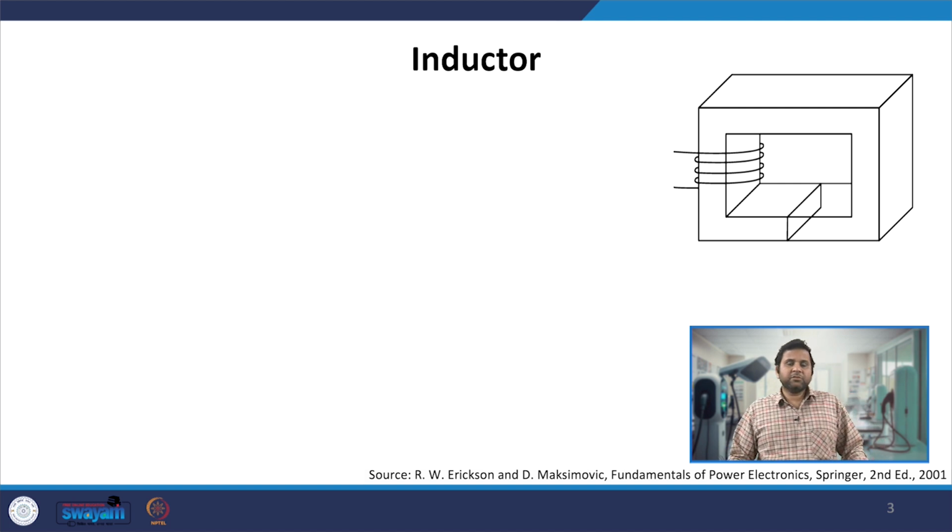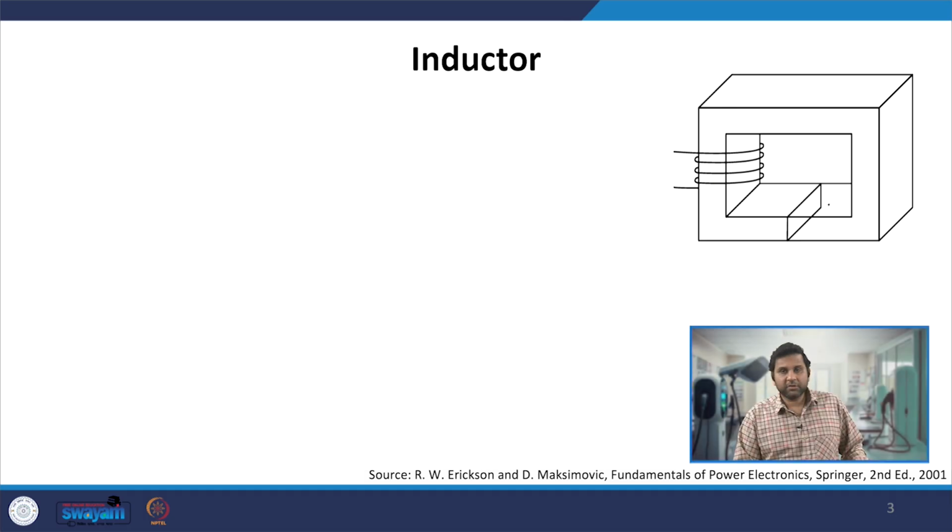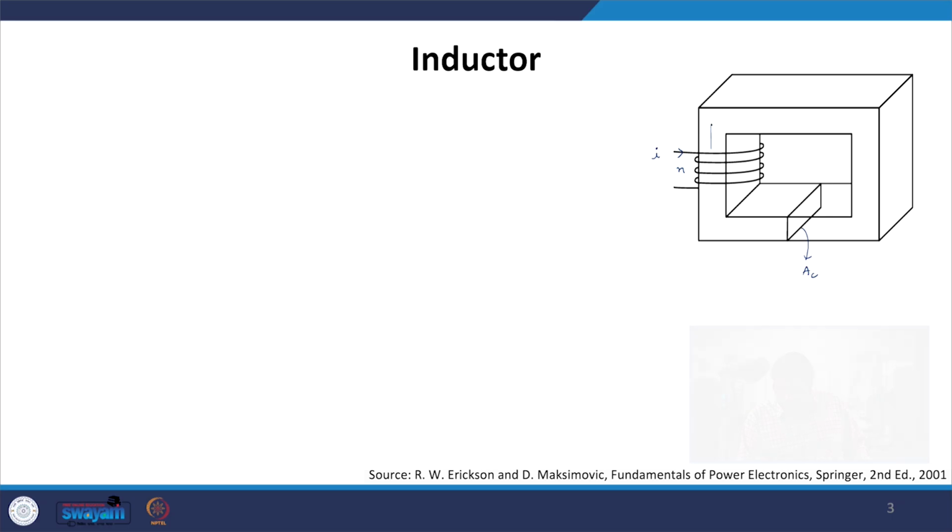Before starting those procedures, let us discuss some things related to the inductor. Let us take a core, which is again a UU kind of core. This part is half U, the second part is U. So we have taken a U core, and let us say the core cross-section area is AC, and we supply a current I, and let us say the number of turns is N. As a result of this excitation of the current, a flux will be generated in this direction, which goes through the core and returns back to the coil.